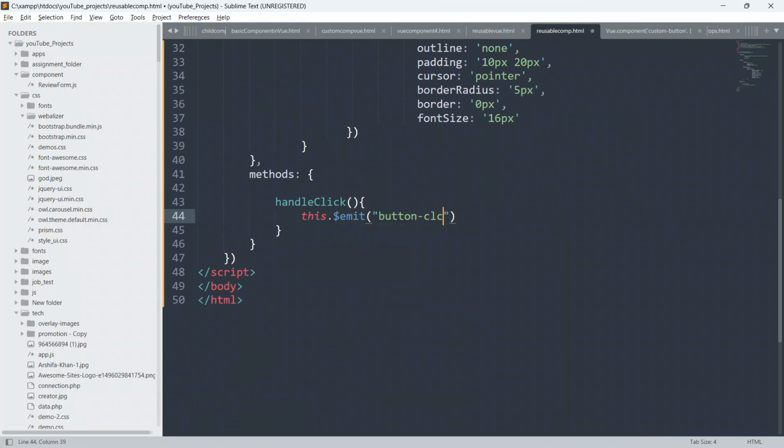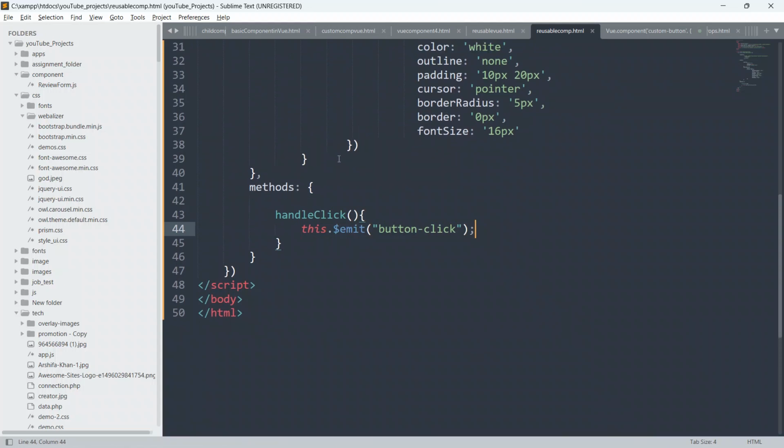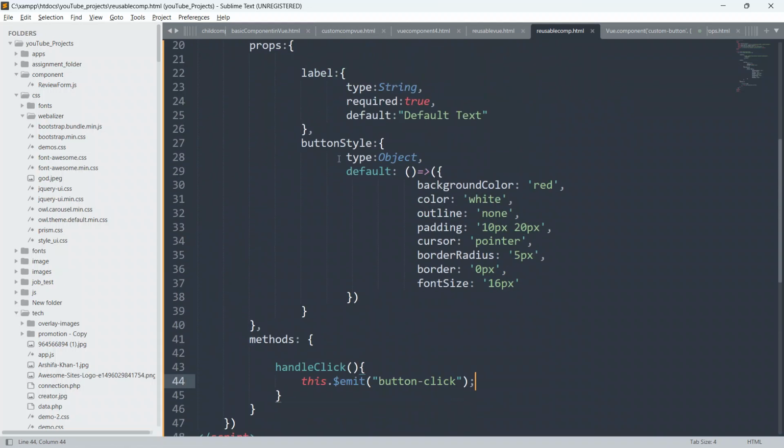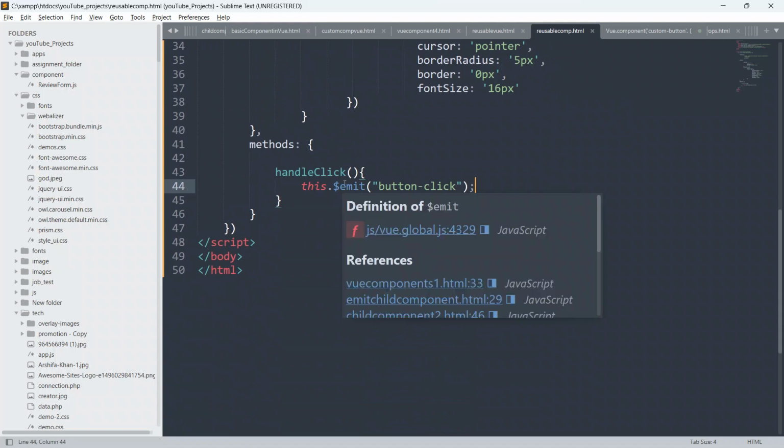Let me explain something about emit. Emit is a mechanism through which a child component is going to send data and establish communication with the parent component. Emit is a special function, a special variable inside Vue.js.